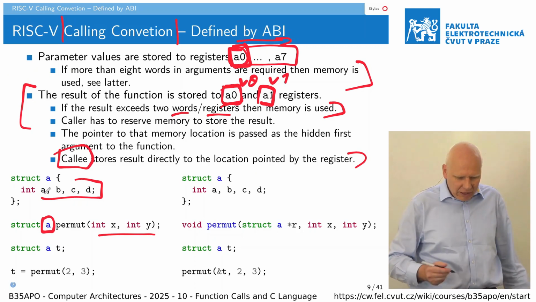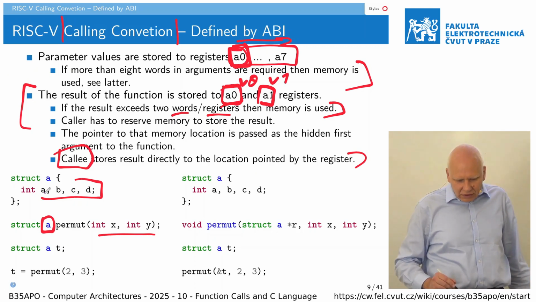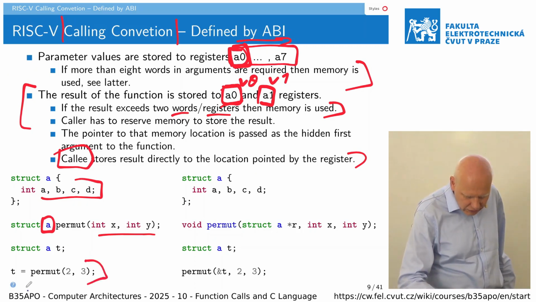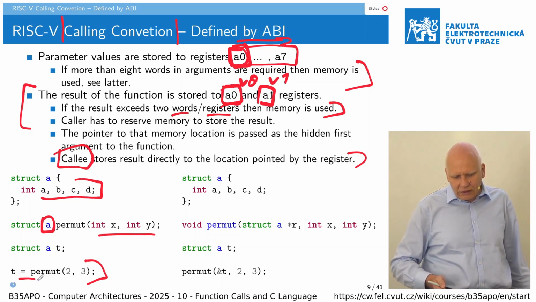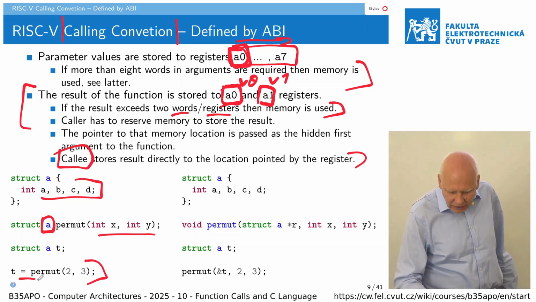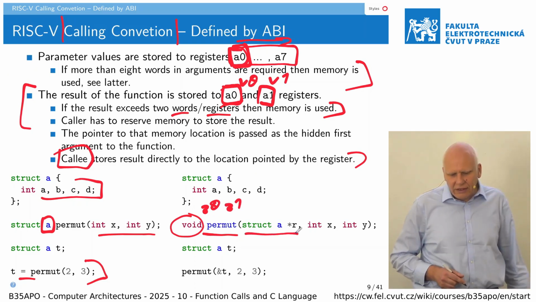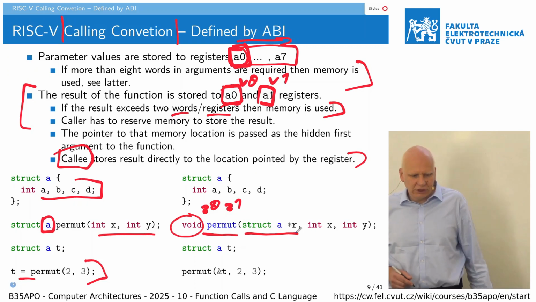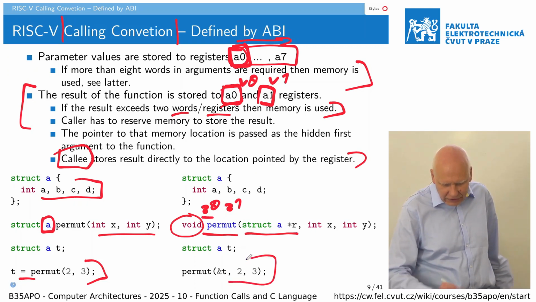But in this case the call, which would look something like this, is in fact translated as a function which doesn't return any value in A0 and A1 and stores the result at the address which is provided by A0 here. So basically it is what happens